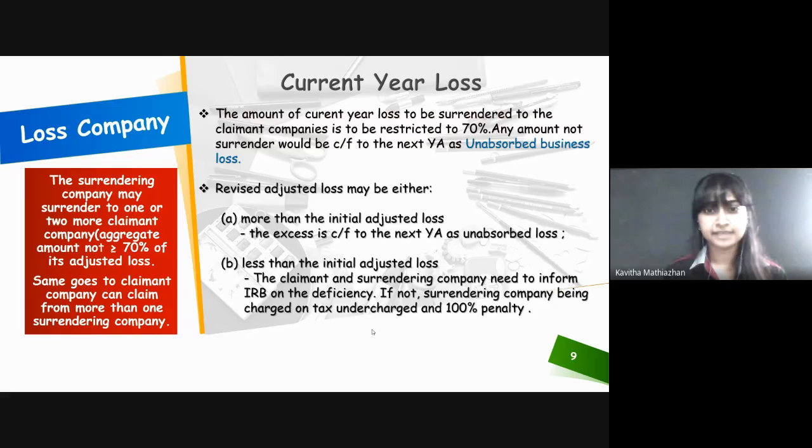Let's look at revised adjusted loss. In case the surrendering company revises its tax computation and finds that the amount to be surrendered is more than the initial adjusted loss already surrendered to the claimant company, they are not allowed to revise the amount already surrendered, but the excess would be carried forward to the next year of assessment as unabsorbed loss. And if the revised adjusted loss is less than the initial adjusted loss, they need to inform the Inland Revenue Board regarding this deficiency. If not, they will be charged tax undercharge, and there is also a 100% penalty for them. And next,